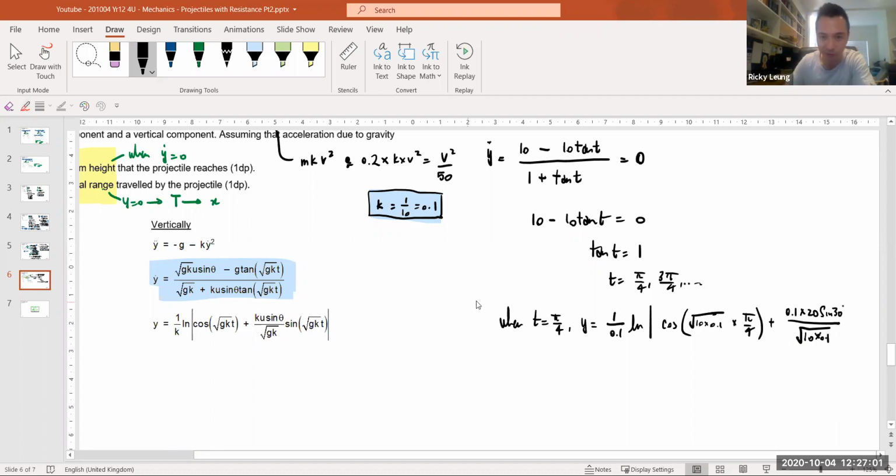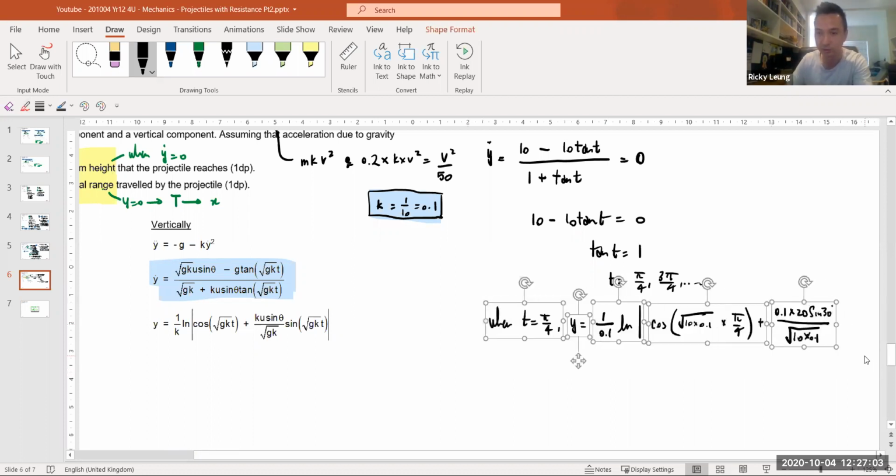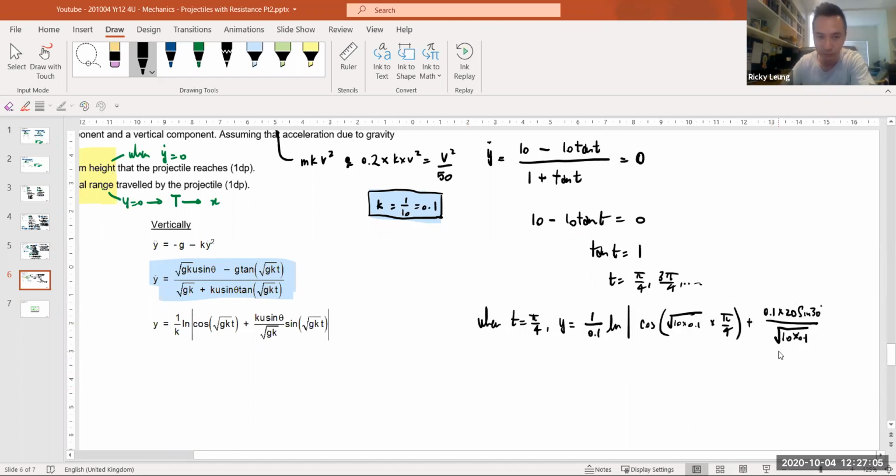Got no horizontal space, so let me just shift this over a bit, and then sine root 10 times 0.1t. Yep. So that cleans up to 10. You have to just clean it up a little. That's like cos pi on 4, right? Which is 1 over root 2